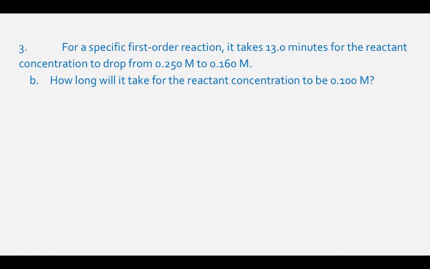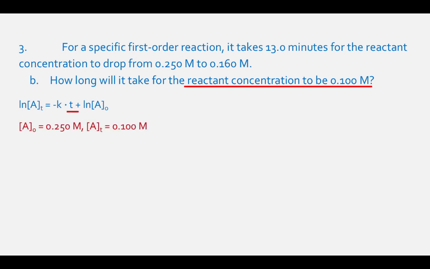For letter B, they are asking for the time when the reactant concentration is going to be at 0.100 molar. Use the same equation as before. The natural log, ln, of the concentration of A at a certain time equals negative K times time plus the natural log of the concentration of A at time 0, and we are looking for time. The initial concentration will still be 0.250 molar, and the concentration at time t is 0.100 molar. And we just calculated K, which equals